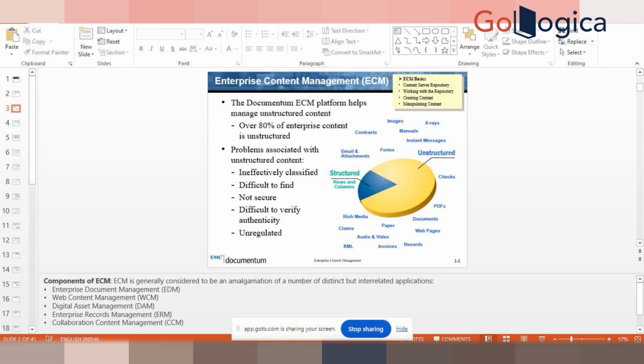Now, when you say content management, people usually only think about documents, right? But it is not only documents. Documentum started as a document management system, and for